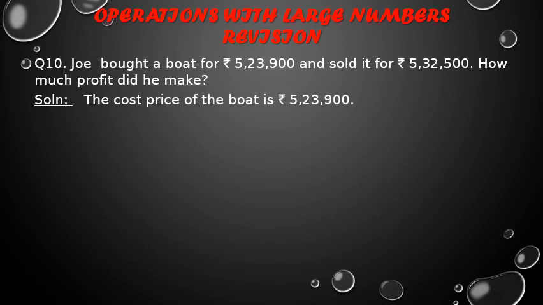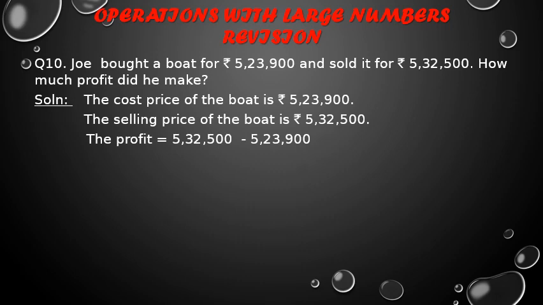So children, the cost price of the boat, that is the price at which Joy bought the boat, is rupees 5,23,900. The selling price of the boat is rupees 5,32,500, and this is the price at which Joy sold his boat. So now children, we can see that the selling price is more than the cost price. So Joy has made profit, and the profit is equal to selling price